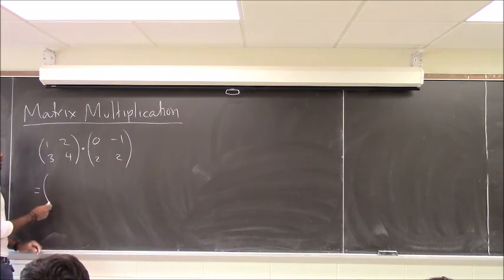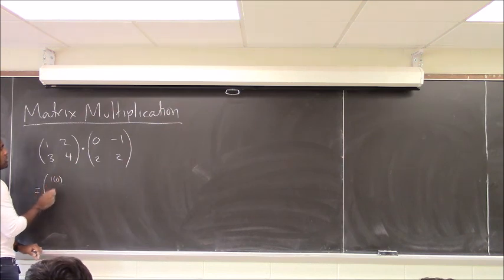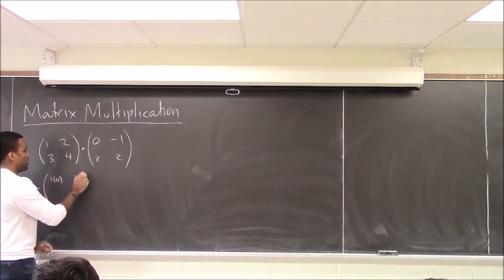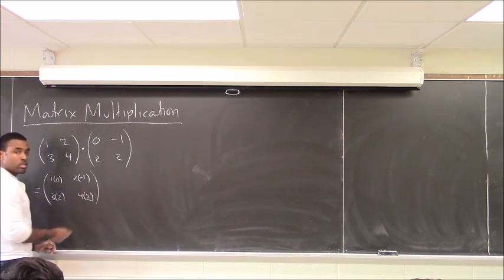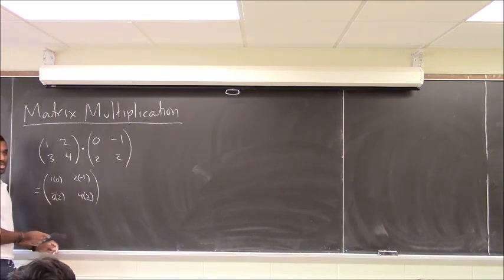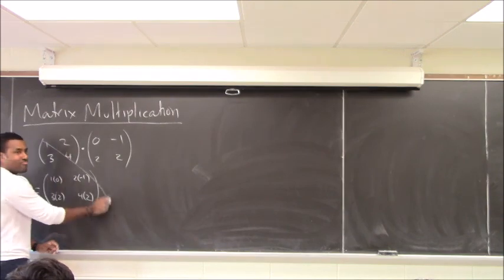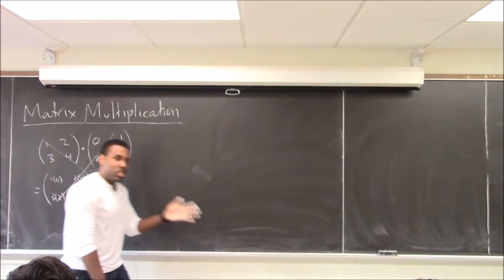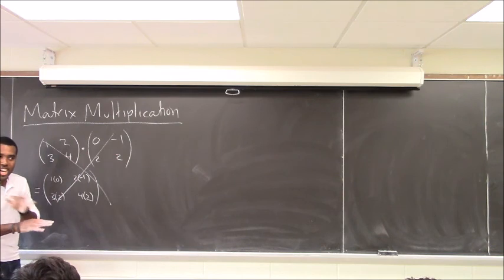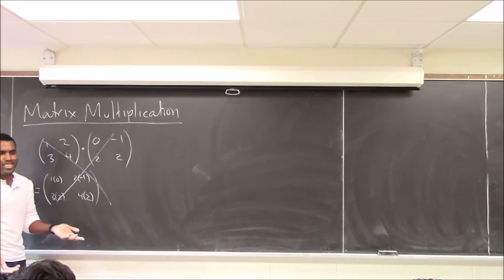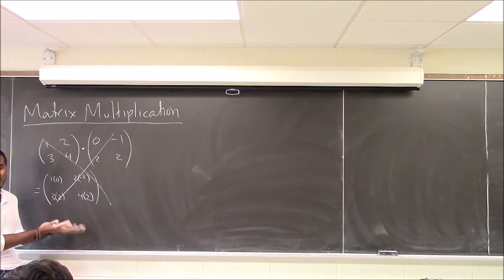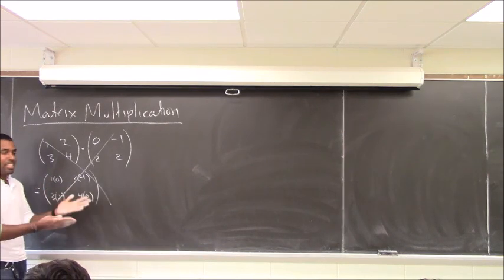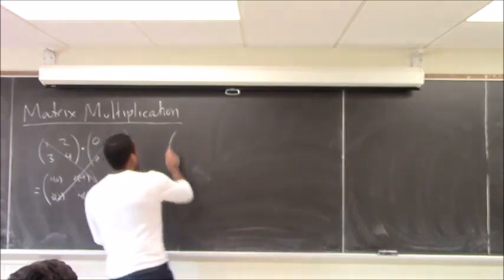So you think it's 1 times 0, and then 2 times minus 1, 3 times 2, and then 4 times 2. Does everyone agree? No. Okay. So here, this is what I'm talking about. There's some things that are going to seem so obvious. Oh, yeah. I mean, adding them is just adding corresponding components. Why wouldn't multiplying them be multiplying each component? Okay, so,